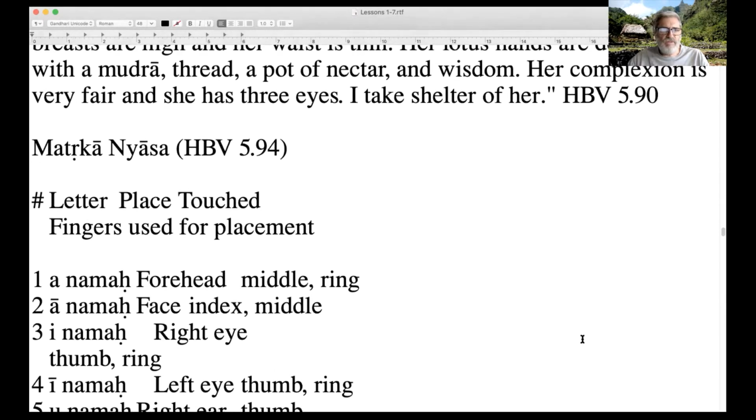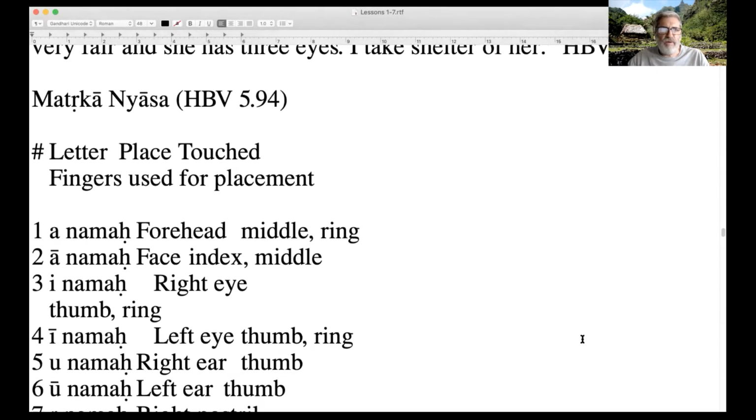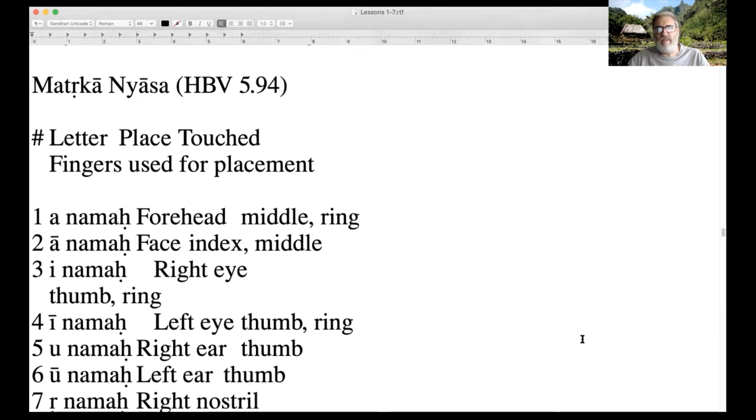So now we have these different methods of doing the mantra vinyasa, and there are four methods. The first method, which was mentioned, is without anushvara and without visarga. So we're going to chant all of the letters of the alphabet, add namaha at the end, and then touch the different places.